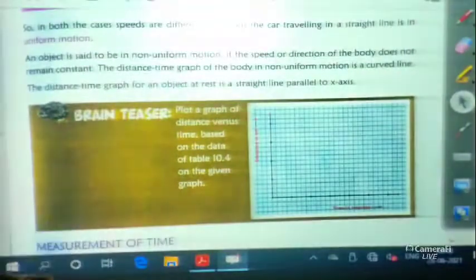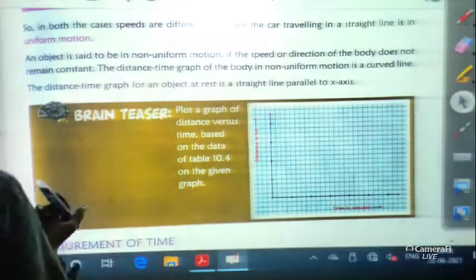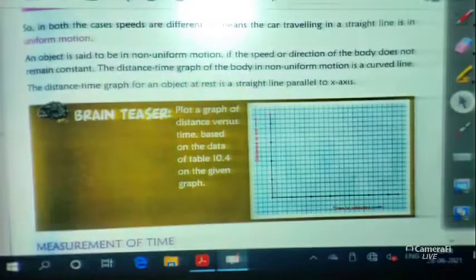I hope you have understood how to draw a graph and how to find the distance time graph, if the values are given, if the odometer readings are given. The main thing you need here is the conversion. You have to know how to convert kilometer per hour, meter per second, all these things. So students, the conversion is very important. Practice the conversions more and more.